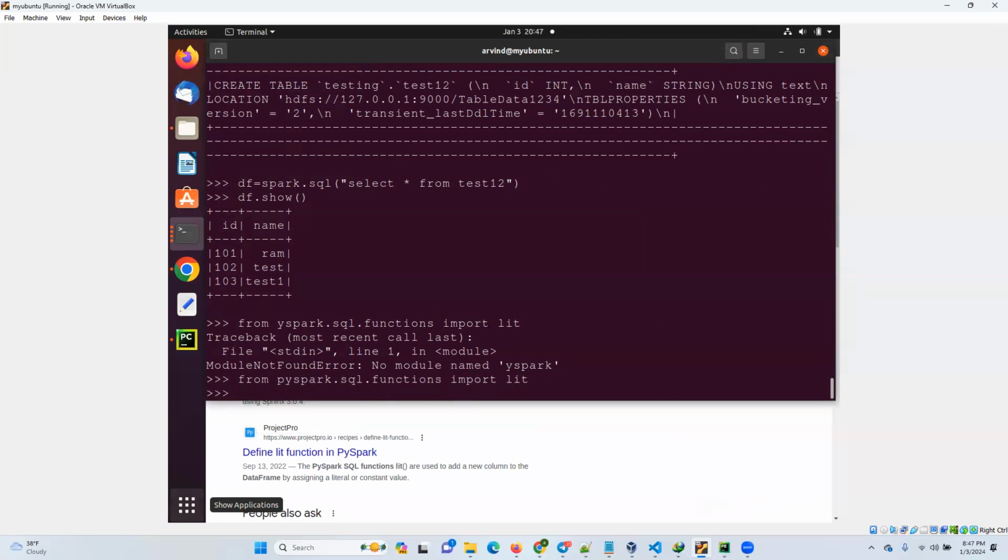Okay. Now I want to reassign the same data frame, df equals df.withColumn. My existing column name is name, and I want to create another new column, full name. I will use lit and say ID